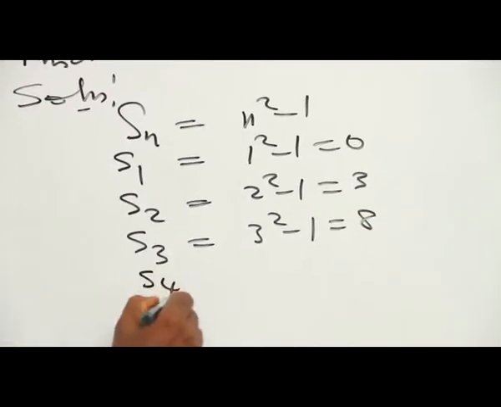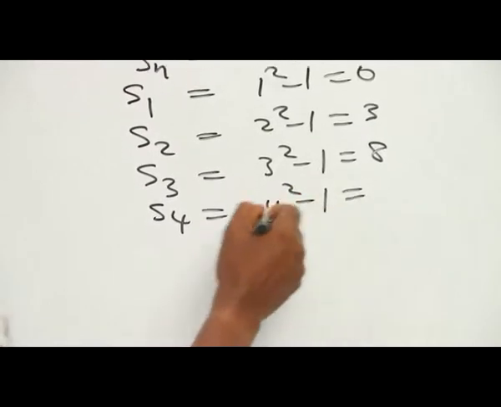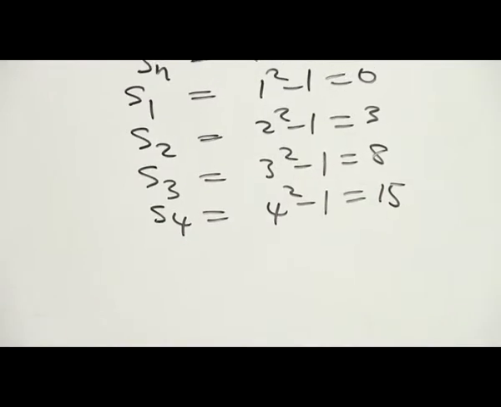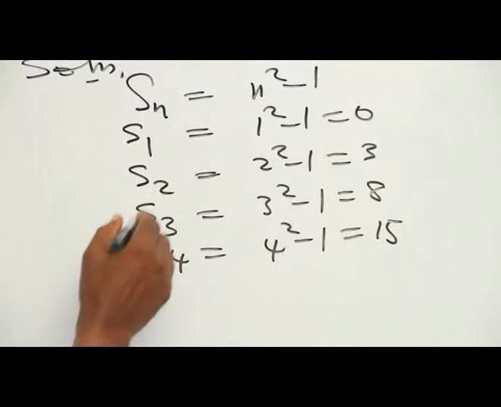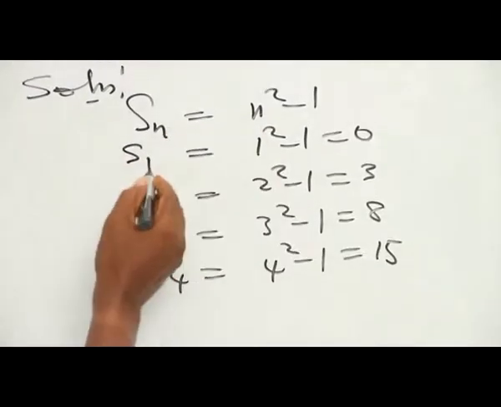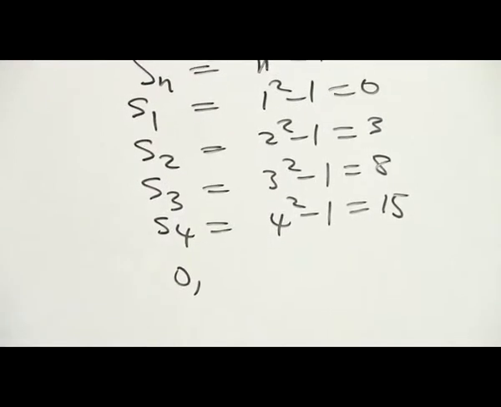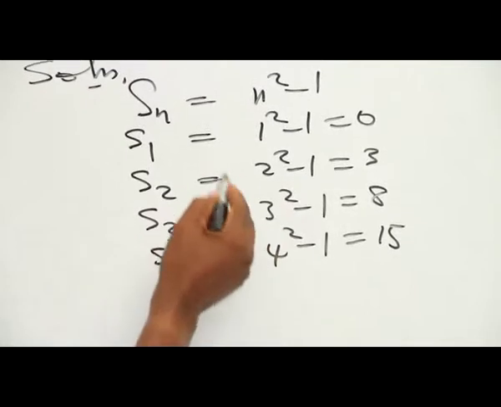We can go on now. S4 will be equal to 4 raised to the power 2 minus 1, and that is 15, 16 minus 1, and etc., etc. Now, if you look at this, in the first term, the sum of the first term, so we now have 0 as the first term. Then the second case, Sn means 0,